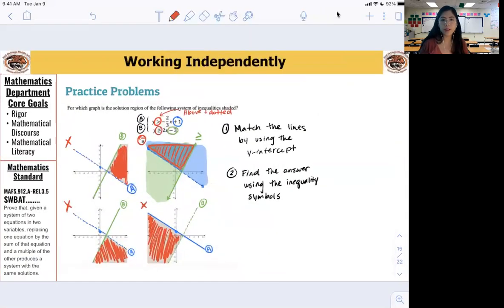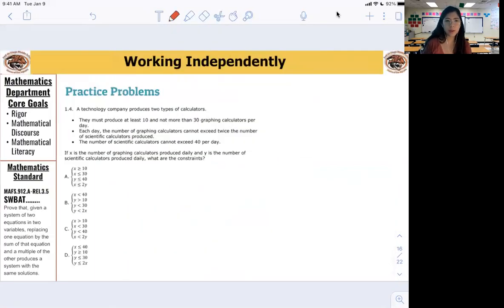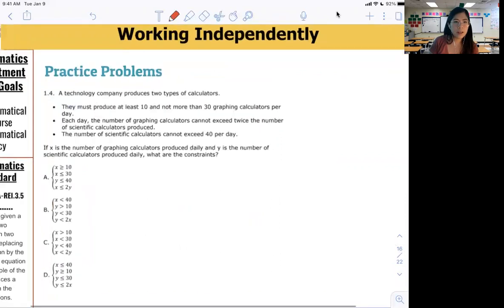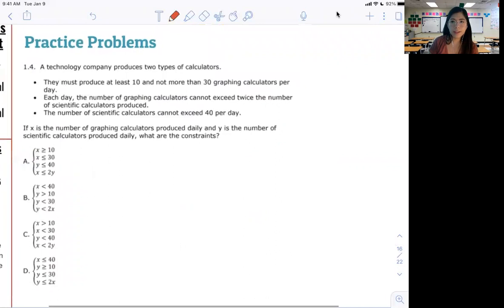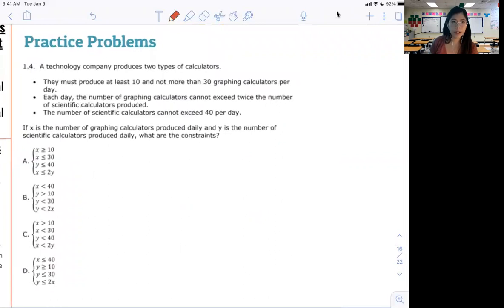Okay. All right. This is the last one from Friday's assignment. So this is just about getting the correct inequalities. We've got to read this carefully and select our keywords and then see which ones work out. A technology company produces 2 types of calculators, and then we've got 3 bullet point situations. They must produce at least 10, so I'm going to start highlighting, at least 10 and not more than 30